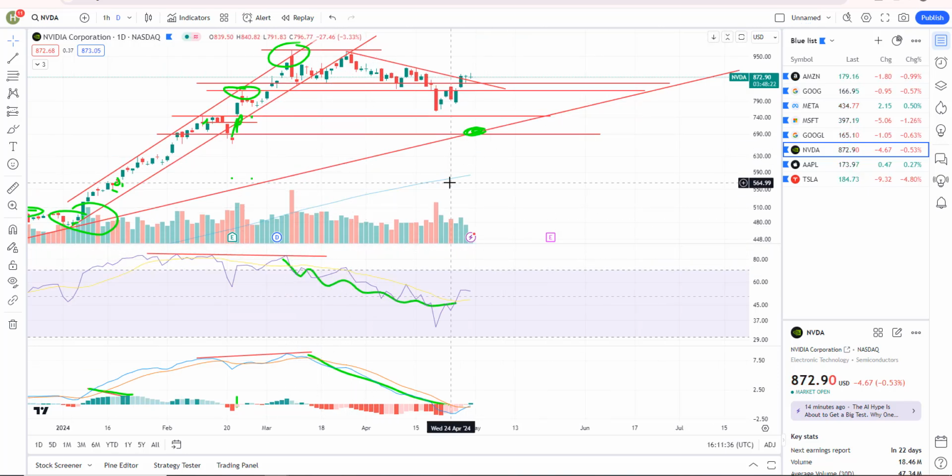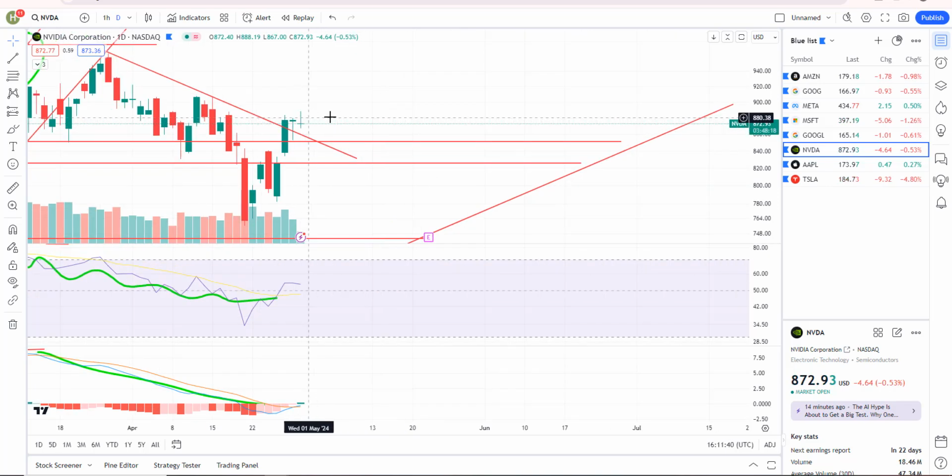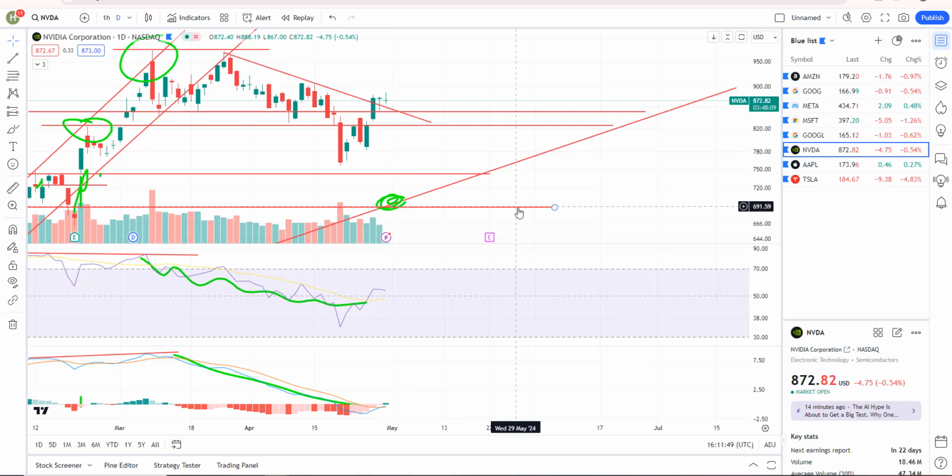Yeah. So Nvidia's kind of not in play right now. You can see it's not doing a whole lot. We'll see, Nvidia's probably going to trade in sympathy with the other Mag 7s while they go through earnings. And then we have Nvidia earnings coming out in a couple of weeks.